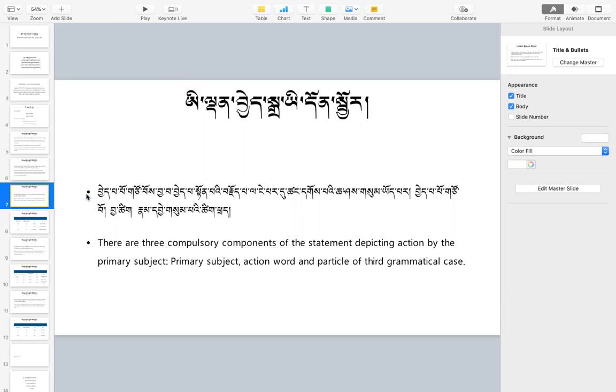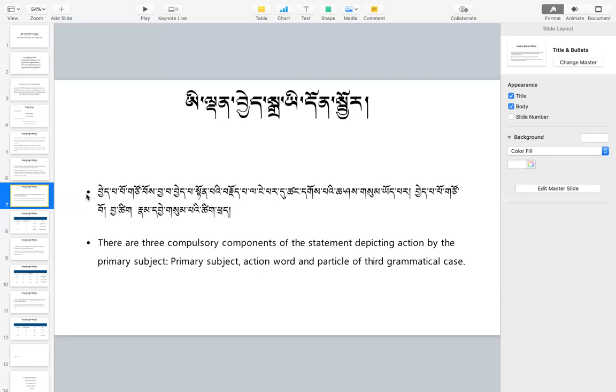It could be as grand as possible, and the usage of words could be as elegant as it can be. But if it doesn't consist of these three compulsory components, it will not be identified as the statement of the third grammatical case in which the action is being shown to be done by the primary subject. So these three compulsory components are: first, the primary subject; second, the action word; and finally, the particle